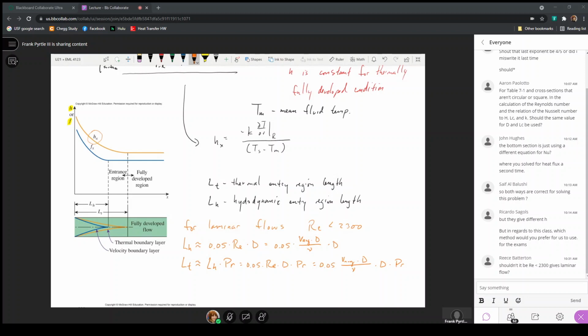So for a laminar flow, which is when the Reynolds number is less than 2300, we can use this expression to calculate how long it takes for the shape of the temperature profile to become a constant, which is the thermally fully developed condition, or how long it takes for the velocity distribution to become a constant, which is the beginning of the hydrodynamically fully developed condition. So these two expressions are really important because they allow us to calculate a length, and we can compare